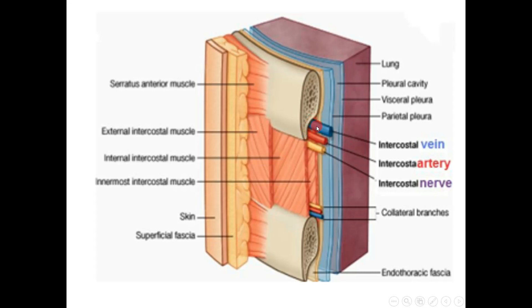These vessels and nerves are arranged in this manner in all intercostal spaces, like here and here and so on. Starting above is the intercostal vein, and below the intercostal vein we have the intercostal artery, and below the intercostal artery we have the intercostal nerve. So this neurovascular bundle,